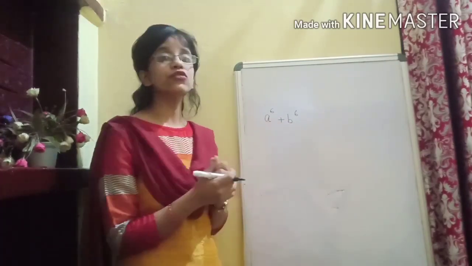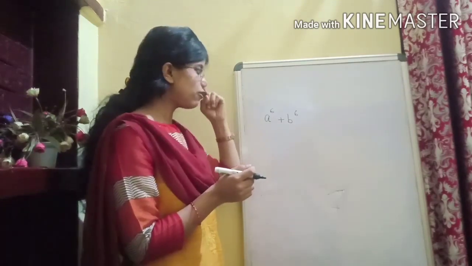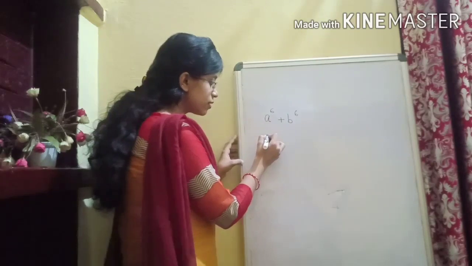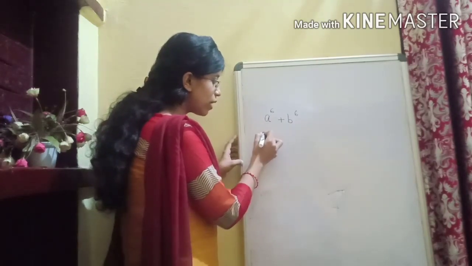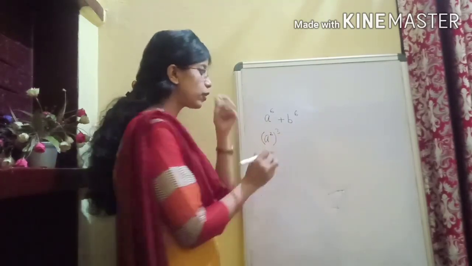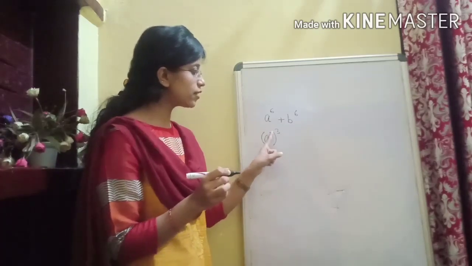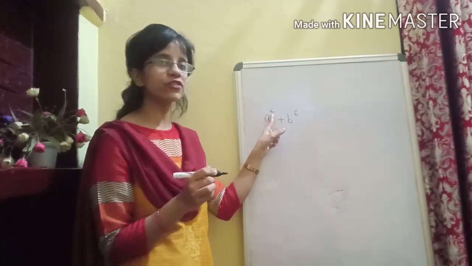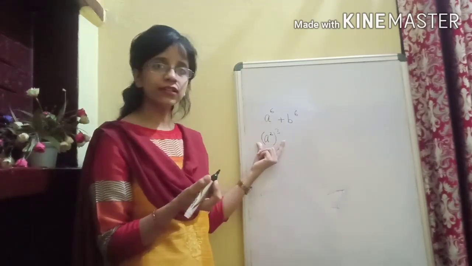Okay, I have taken another question here, a to the power 6 plus b to the power 6. Now here they are asking us to factorize. So what to do or how to do this? Here we can write this power 6 as a to the power 2 and the whole power 3. Because you know, when we are writing our indices like that, it will get multiplied. That is 2 into 3 will give you eventually 6. So can we write it like that?